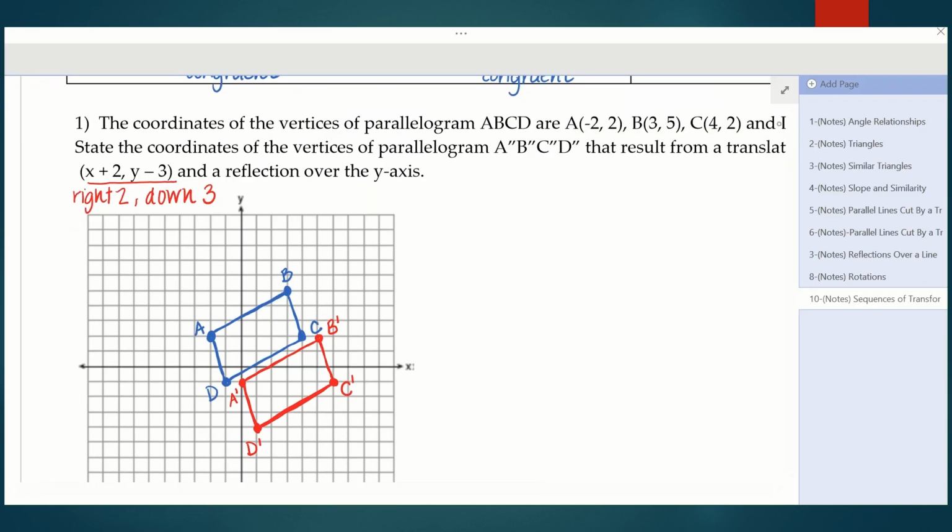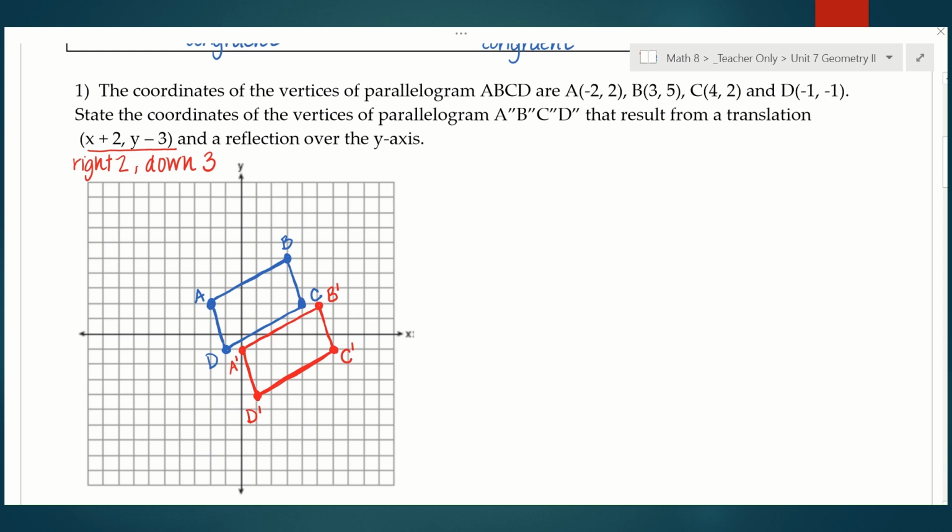So I'm going to get one more color here. The next thing they're asking us to do is to reflect over the y-axis. Now, it doesn't specifically say to go back and use A, B, C, D to reflect over the y-axis. So I'm going to take my A prime, B prime, C prime, D prime parallelogram and reflect that. Okay, so looking at point A prime, it's already on the y-axis, and so that point isn't going to change. I'm just going to relabel that